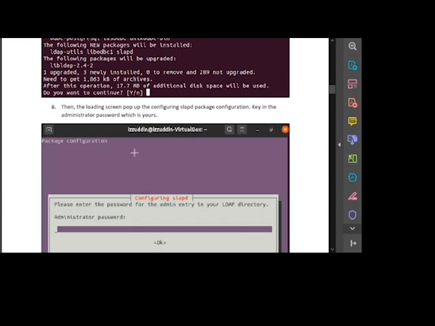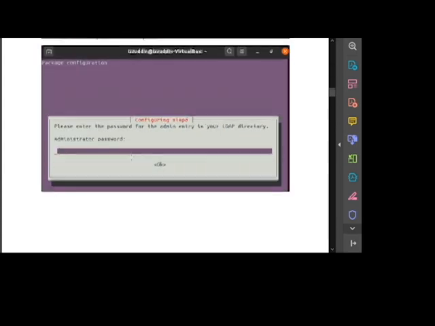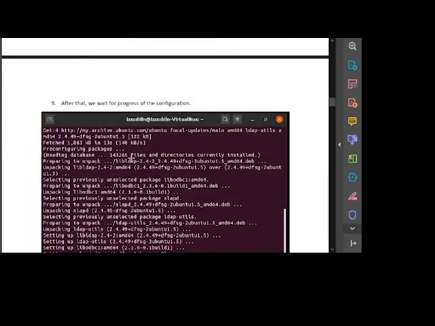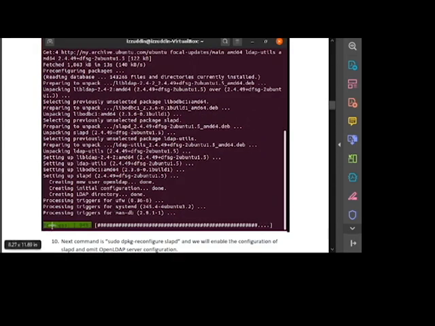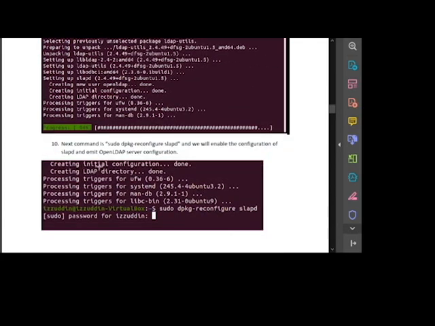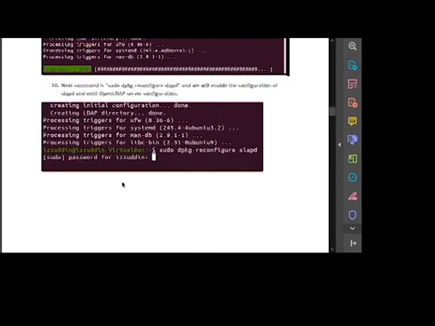Key in the administrator password, which is yours. After that, we wait for the progress of the configuration here. The next command is sudo dpkg-reconfigure slapd, and we will enable the configuration of slapd and omit the OpenLDAP server